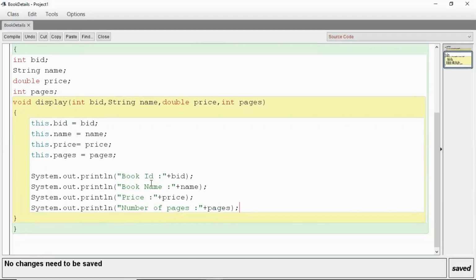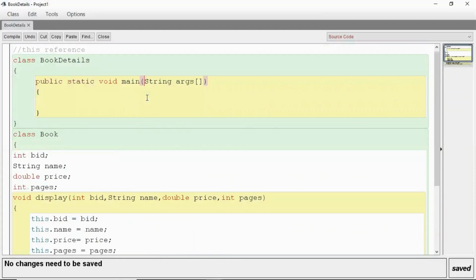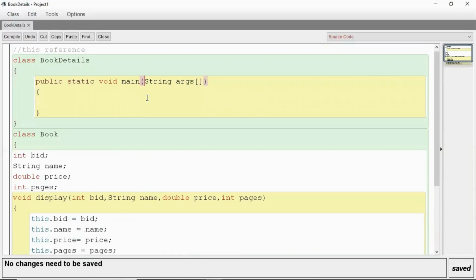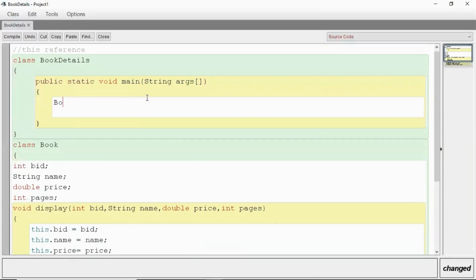Then we have now created this particular method, and we are basically doing this in the Book class, and we have already done it. Now what we have to do is just create an object of this Book class. So Book book equals new Book. We have taken the name here, Book, and this is the name of the class with the capital B, and this is the object. All the alphabets are small here. So this one and this one are different.